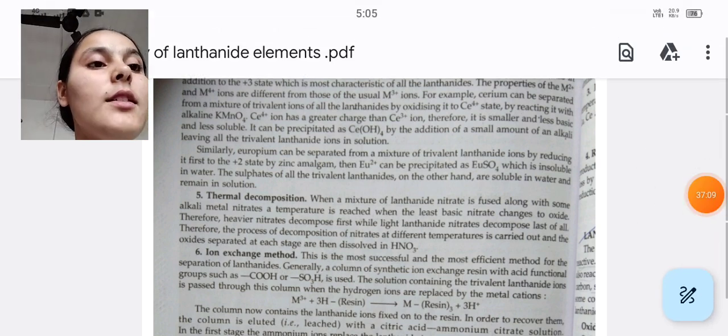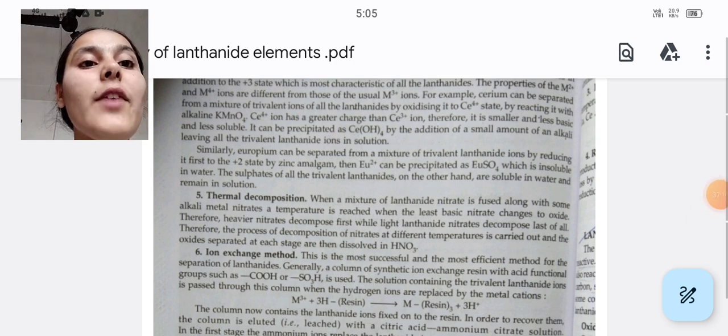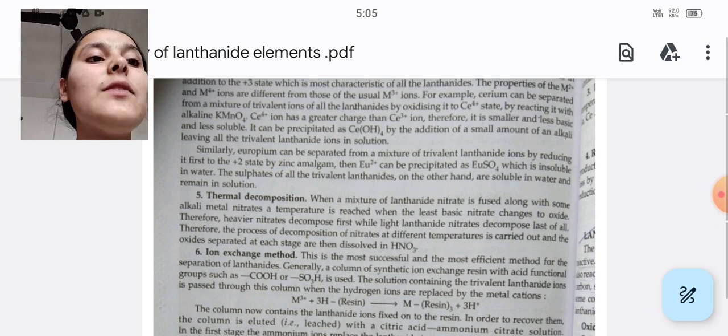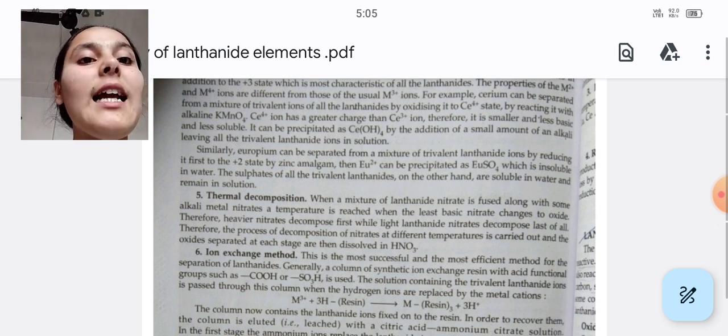cerium can be separated from a mixture of trivalent ions of all the lanthanides by oxidizing it to the cerium 4+ state. By reacting it with alkaline KMnO4, Ce4+ ion has a greater